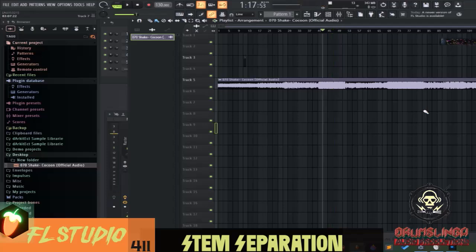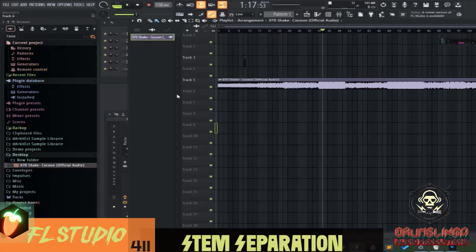So you can see that we have dreamy vocals there with sort of a reverb effect on it. We've got the drums, the bass, a lot of elements brought together in the chorus, that part of the song. So we're going to want to extract out the vocals so I can make it into my own sort of composition. So to do that in FL Studio, we're going to go to the